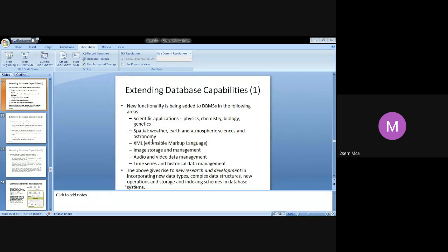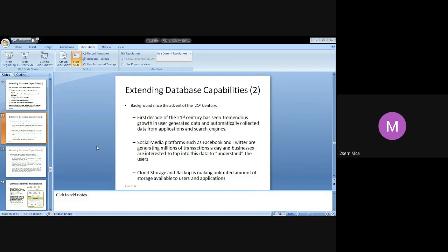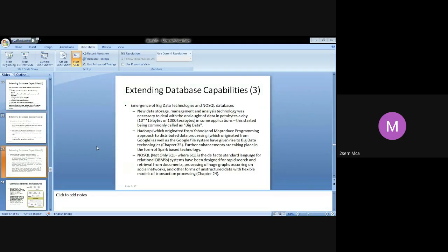We started with very simple, low-level kind of database, and today we are using databases in almost every aspect, in very complex areas also. That's the brief history of how our database evolved. And today we have come to the emergence of big data technologies, MapReduce, where big data analytics is used in several other applications. It has been a revolution, I should say.